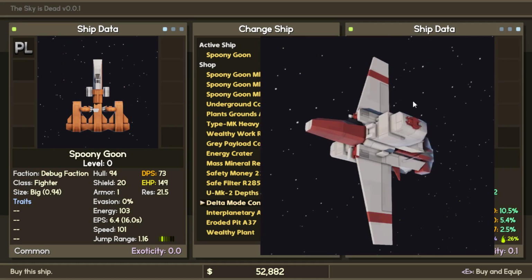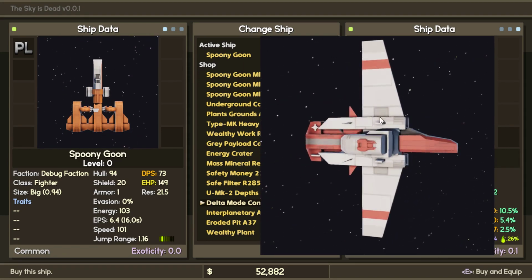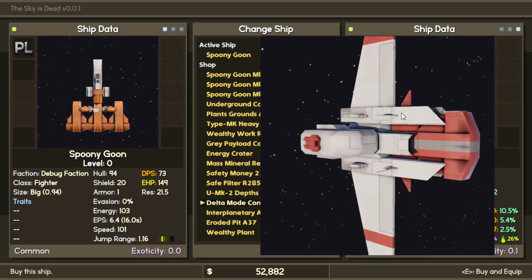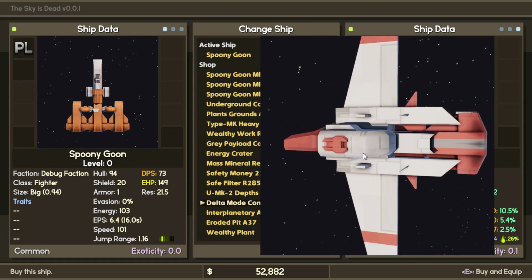This is a design that I really like. This design looks like it could have been drawn by someone. It's just a really good design. I like this antenna here as well. Everything about this design